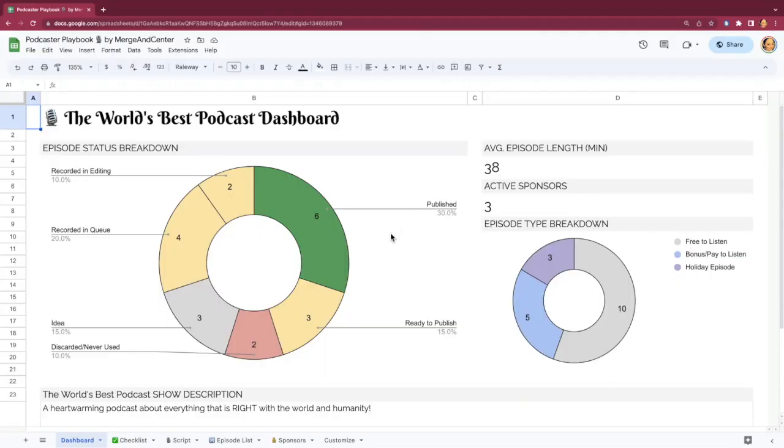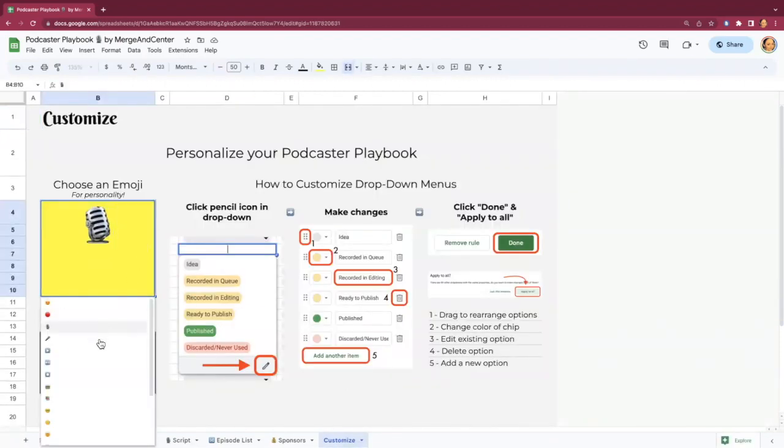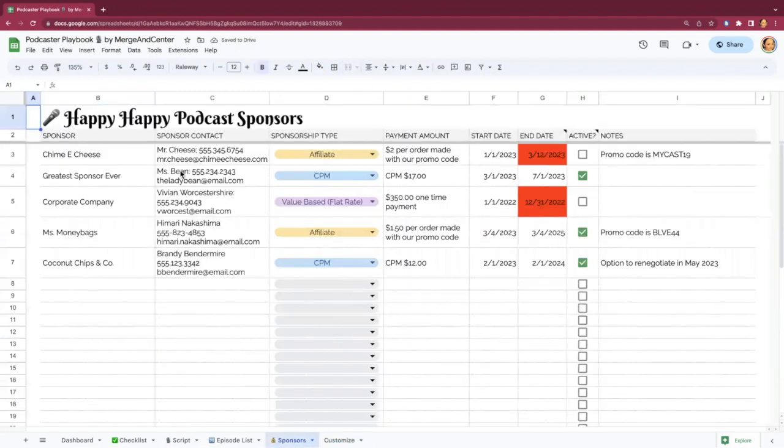When you first get the Podcaster Playbook, you're going to want to start on the Customize sheet. Here you can choose an emoji to give your podcaster playbook a little bit of flair, and you can add the name of your podcast if you already know what it is. When you update the name of the podcast, you'll notice that every other sheet now has the name of your